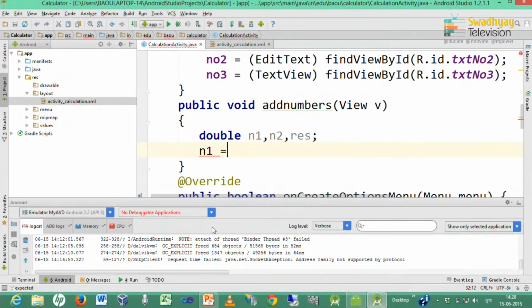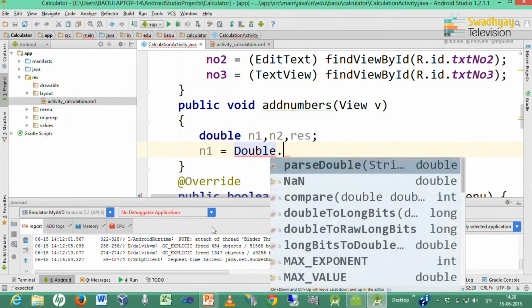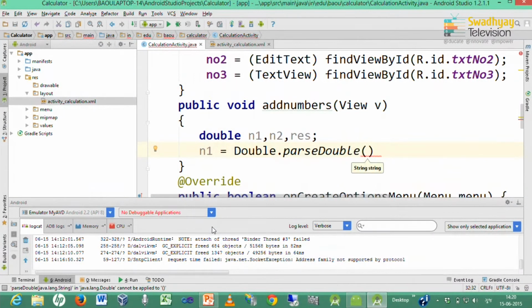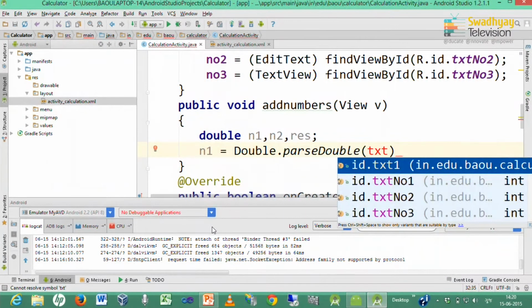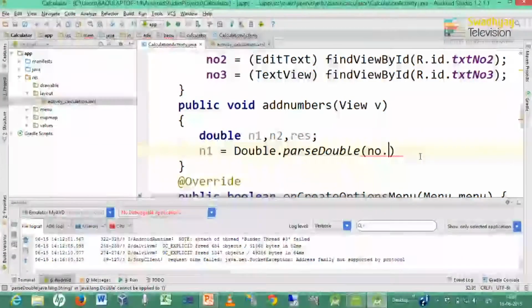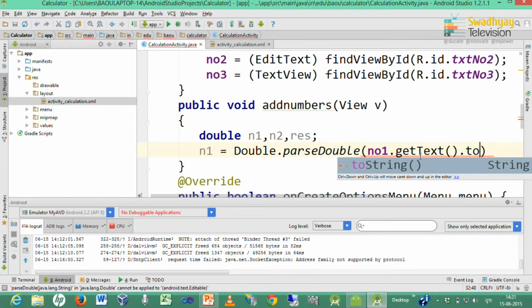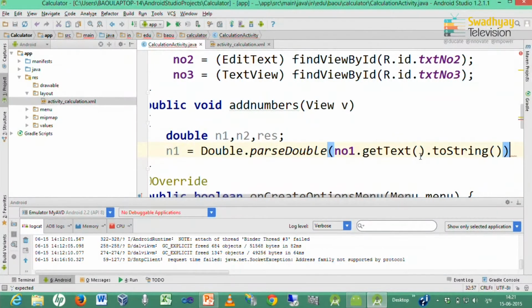So, n1 is the value entered by the user in the first text box, which is txt no1. txt no1 is represented by no1. So, here I use no1 dot getText dot toString.